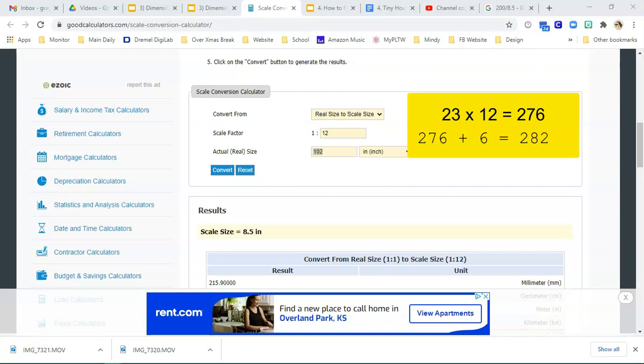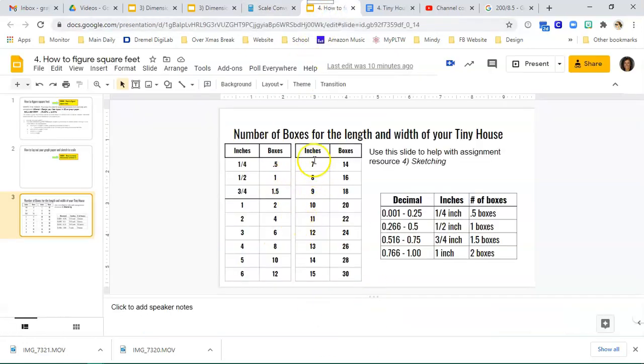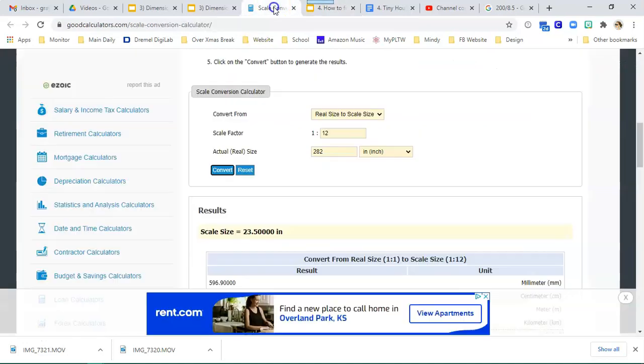So I'm going to put in here 282. And it's inches, 1 to 12, click convert. And again, it's 23.5 inches because that's the scale size. I know it's kind of confusing because it's the same thing. It was just feet. It's because of our ratio. So 23.5. So then you're going to come back to this chart, but my chart only goes up to 15, and I need